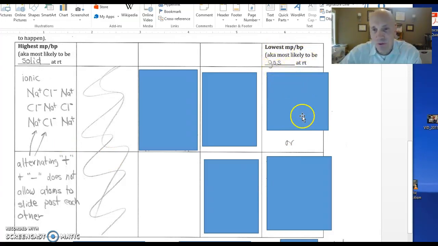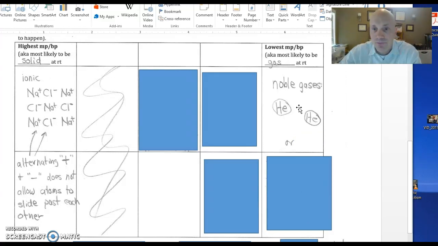So what are going to be the things that we would expect to be gases? All right. There's two things that we can put down there. They're basically going to be a tie. One is going to be noble gases. All right. If you think about